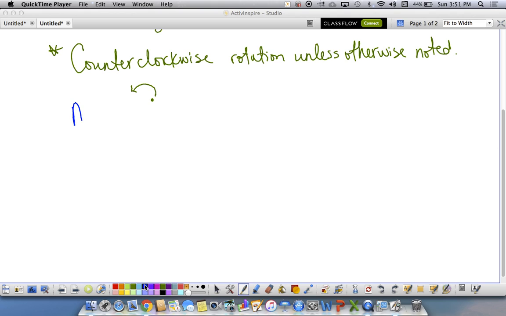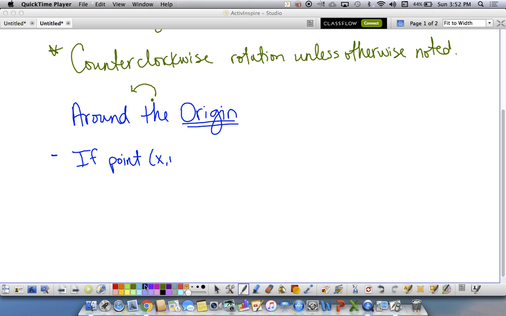Around the origin is a big deal. They usually go in 90-degree increments. So if point (x, y) is rotated 90 degrees about the origin,